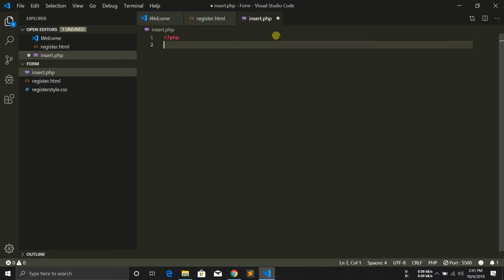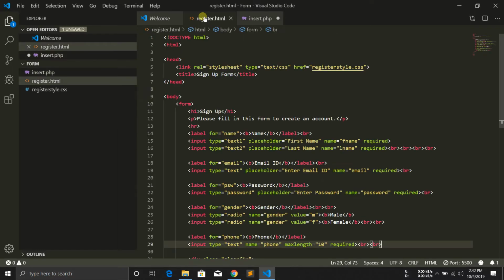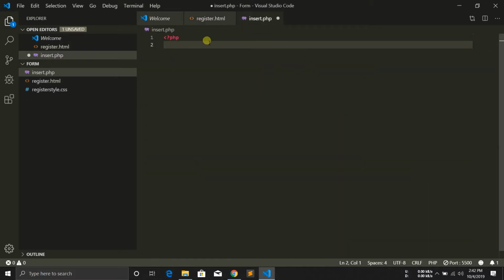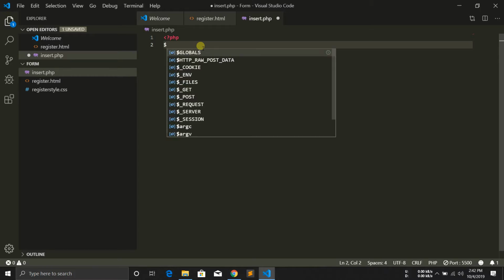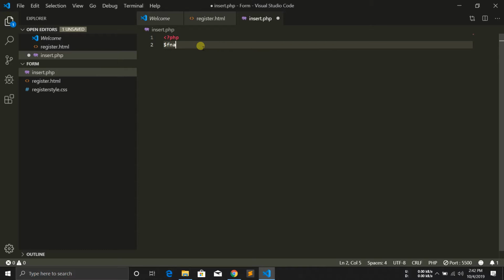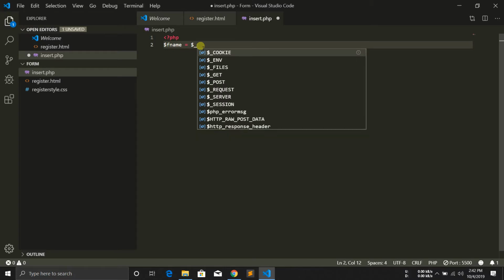Okay, so here, what are all our given names: fname, lname, email, password, gender, and then phone. So how many are there? 1, 2, 3, 4, 5, 6. We have 6 entries, so let's call those 6 entries. How we can call it is $fname equals $_POST